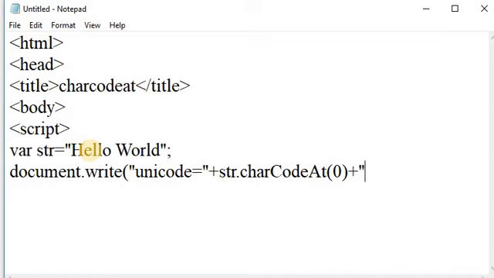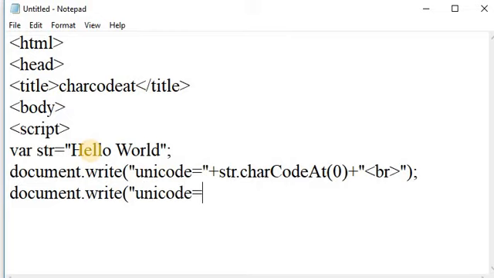And here I am writing a break tag. Again I am printing another, or returning another Unicode value. Here Unicode is equal to plus str.charCodeAt.